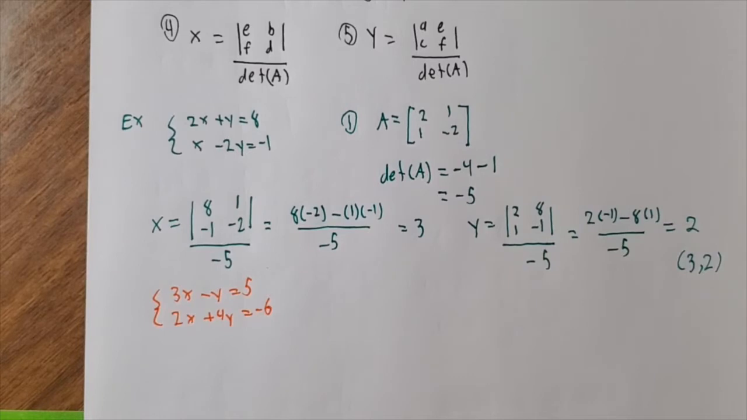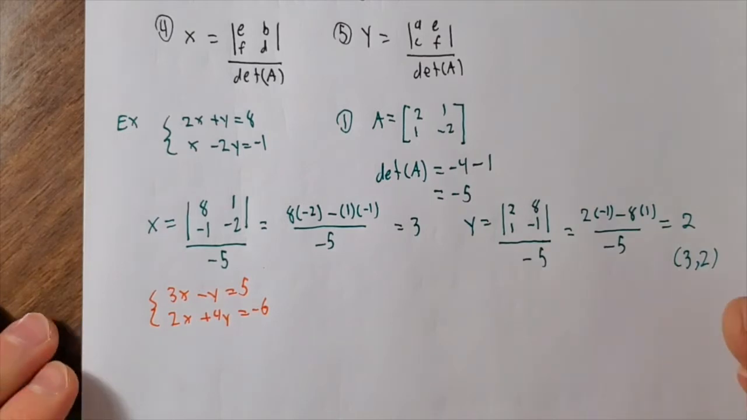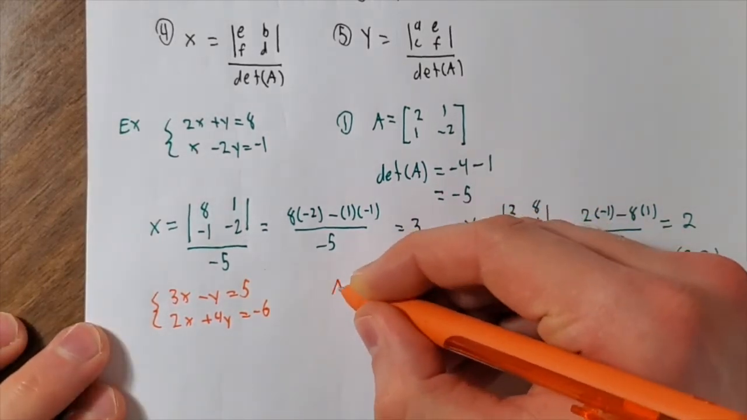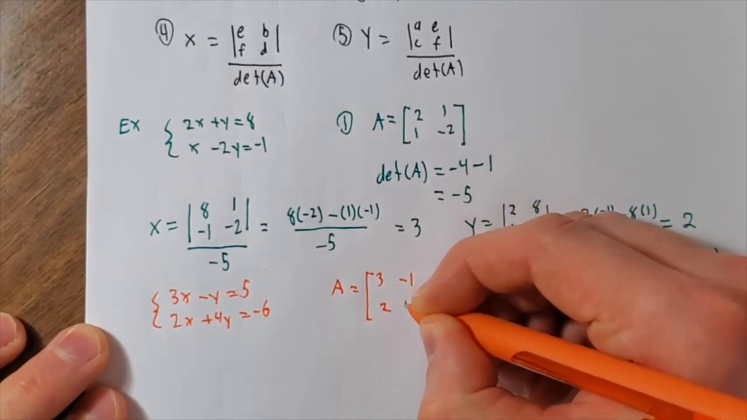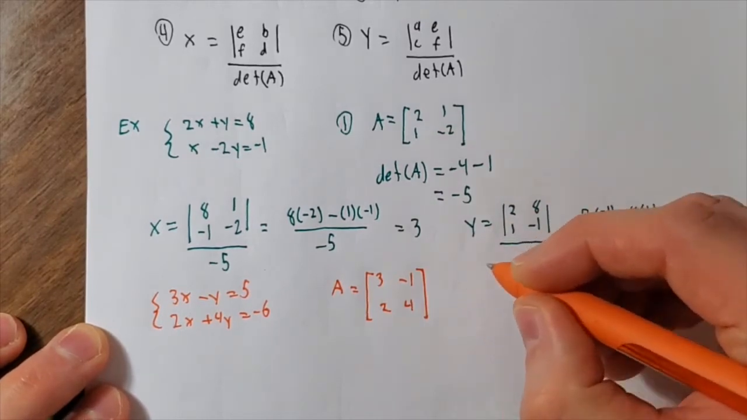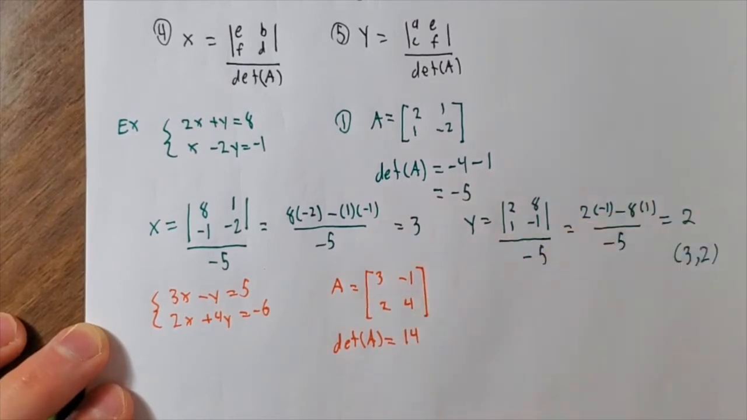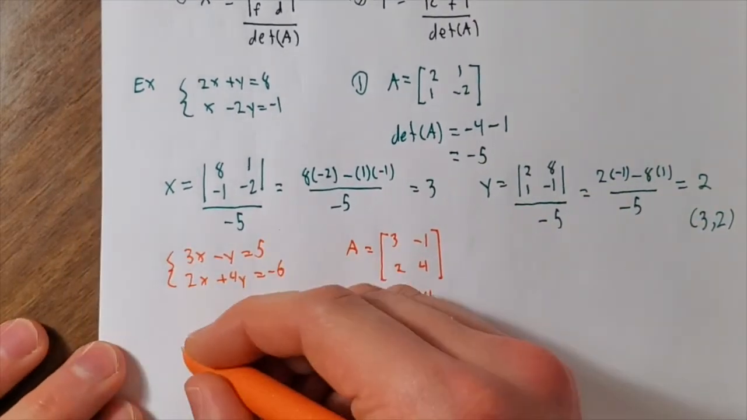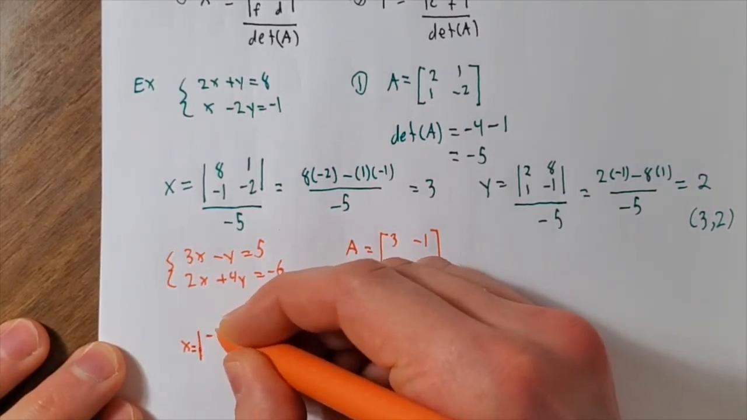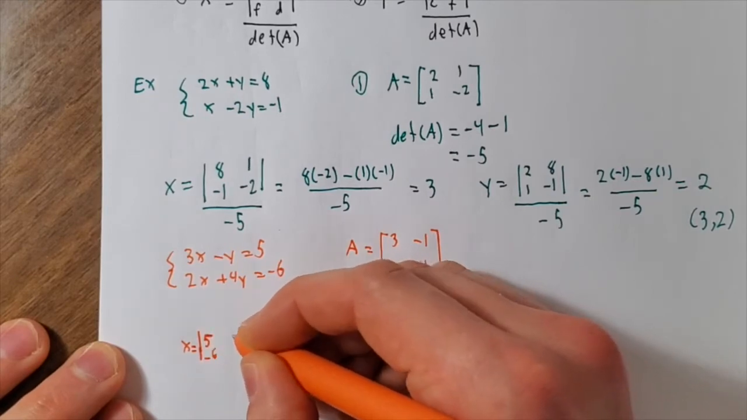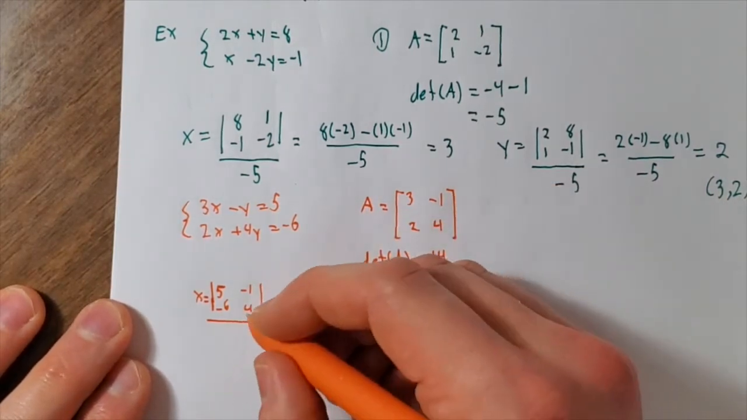All right, so starting off, you should have noticed they're in standard form, so we're good to go here. Now let's find our coefficient matrix A. We should get 3, -1, 2, and 4, where we should find the determinant of A is equal to 14. Then when we're solving for x, we'll get the determinant of 5, 6, -1, 4, all over our determinant of 14,